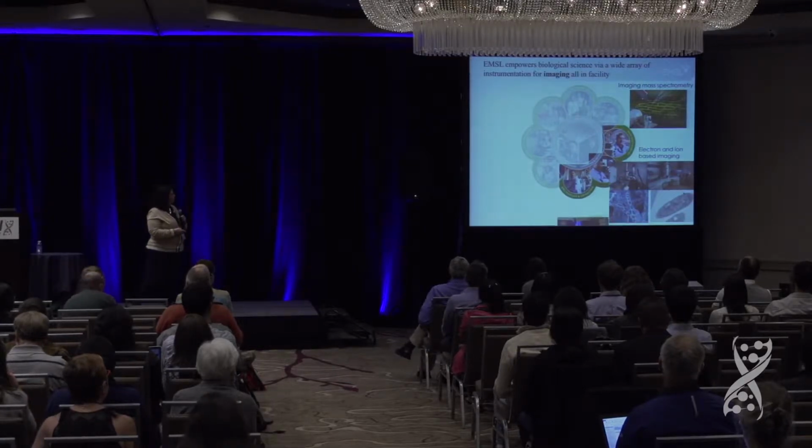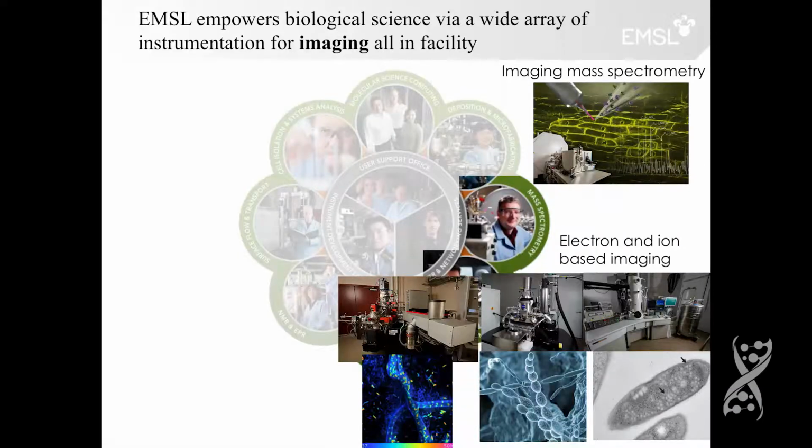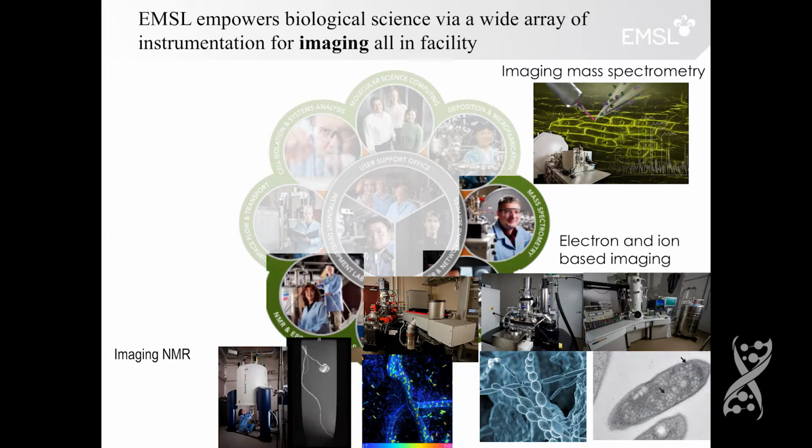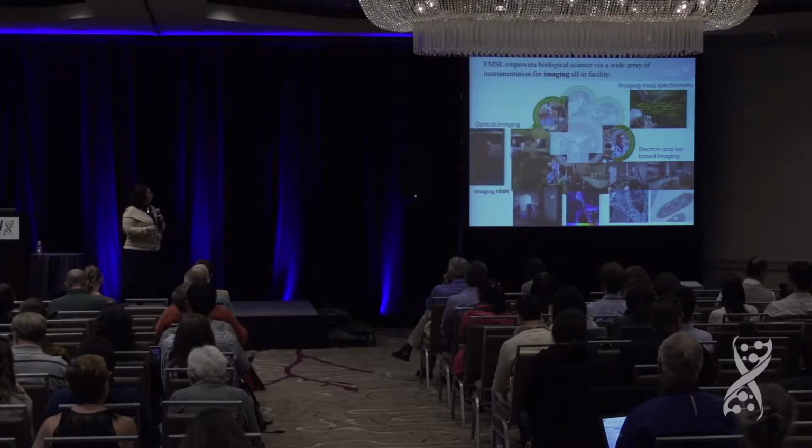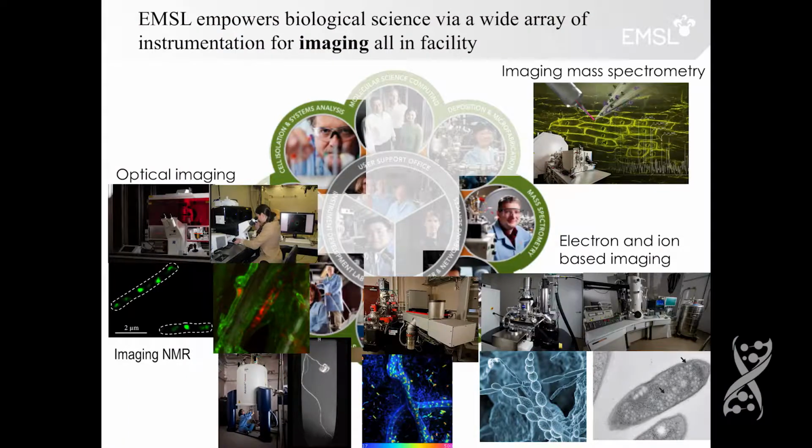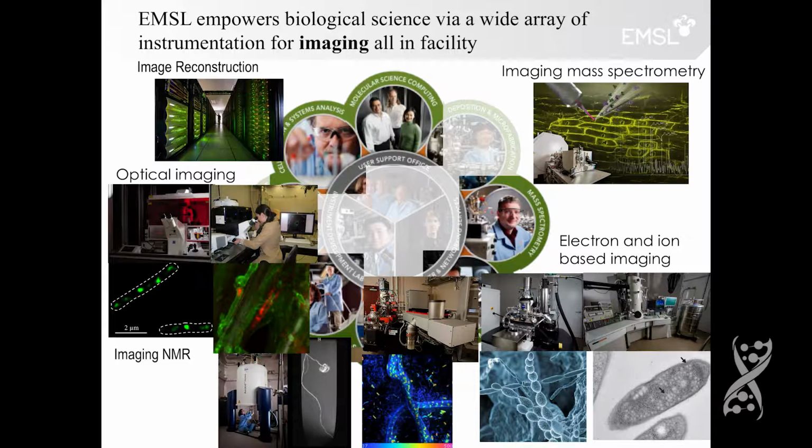We have electron and ion-based imaging that gives us an idea of how these organisms are associating with, say, root molecules, or how they're spatially oriented within soils. We have NMR imaging that allows us to not only look at structures of these organisms, but also how nutrients flow through the system. If we use, say, a label, we can look at a label moving through a biosystem. We have optical imaging, which again gives us a gross view of the roots and the microbes. And then we have, as I said, image reconstruction through our computational